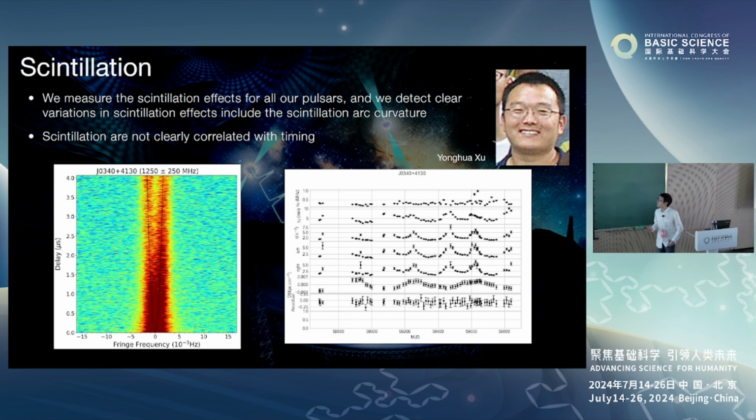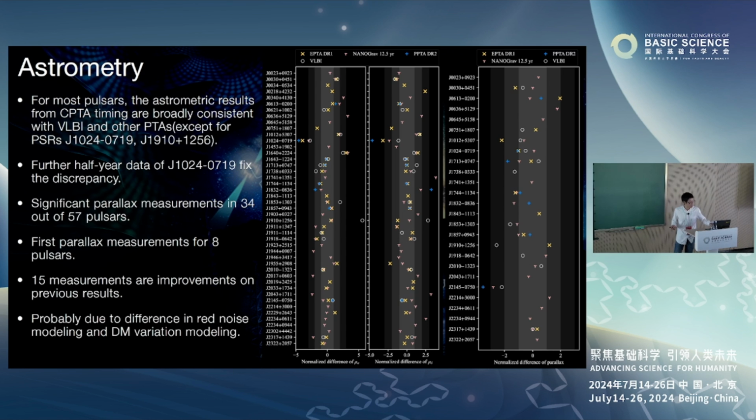And a second thing that can affect the pulsar timing is the so-called scintillation effect in pulsar observations. Scintillation phenomenon is just everywhere in pulsar observation that can change the pulsar shape or the pulsar brightness in the data. So we look into the scintillation in the data, and we measure the scintillation parameters and the scintillation arcs in all the data, and we try to find the correlation between timing and the scintillation parameters. And basically, we found there's no clear correlation between timing and scintillation. So we can ignore this effect in the later timing analysis part.